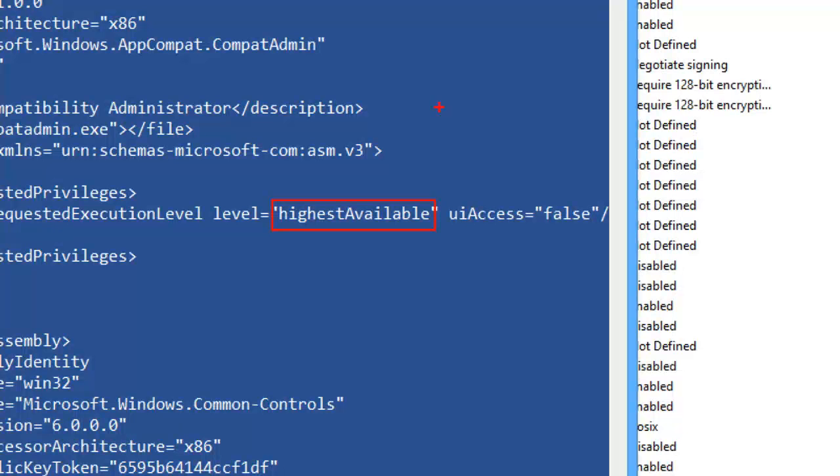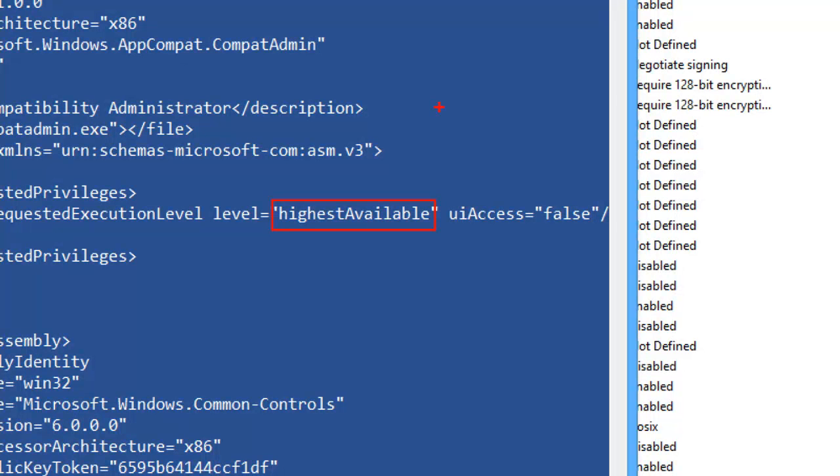This manifest is a bit of XML. Developers include it. There's a tool that's part of the SDK that no normal human actually uses called mt.exe, which you can use to configure that. What normally happens is that Visual Studio puts it in for you. If you happen to be a Visual C++ developer, you get all three choices. If you happen to not be a Visual C++ developer and you're writing in .NET, you get one choice, either the default, which is as invoker, don't elevate, or to not have a registry entry at all.